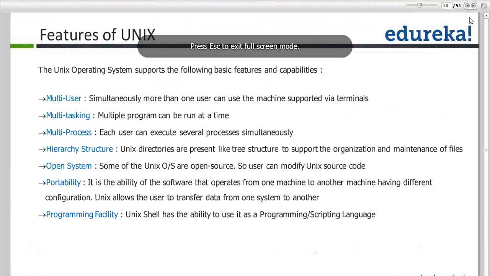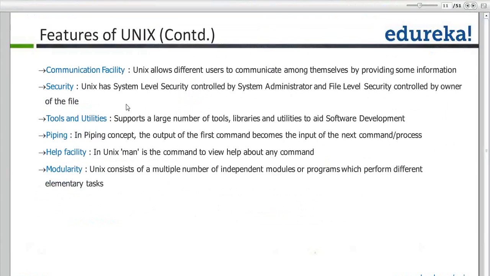Now coming to the next slide. Communication facility. Unix allows users to communicate among themselves by providing some information. You can send email from one server to another on the Unix platform or one user to another on the same server. Security is another aspect of Unix, which is system level security controlled by administrator and file level security